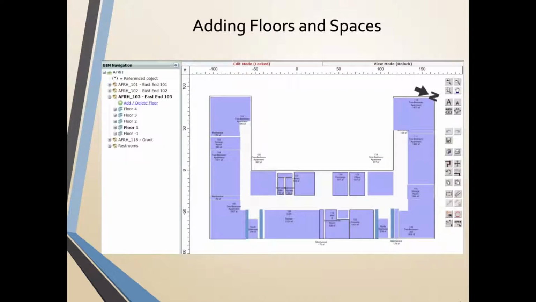Next slide, please. This slide shows where I took one of those footprints and I opened AFRH 103. I added 4 floors with spaces to approximate what I could get out of the building in terms of accommodations and amenities. It also helped me understand the cost to construct. What I did find with this is that while I could replace accommodations in the other building. This let me see, was this realistic for all of our residents or not because of our work on the restroom project, would you believe? Next slide, please.